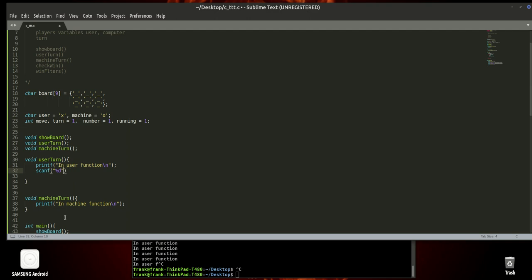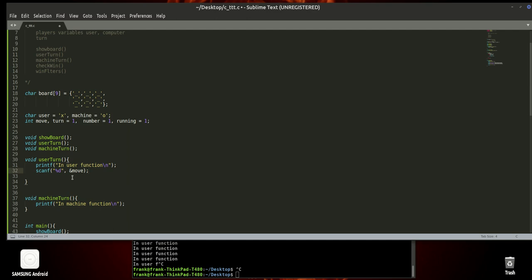And the way is we are using the ampersand sign. It means you get a value from the user and you set it to this variable, or you put it at the address of the variable. I don't know how to explain it, but you're just setting it to that variable. You set a variable with that &move. So,